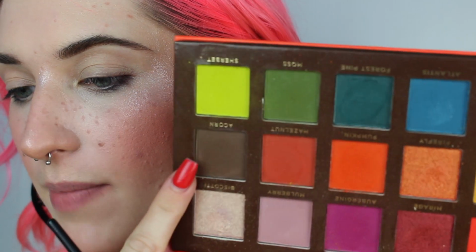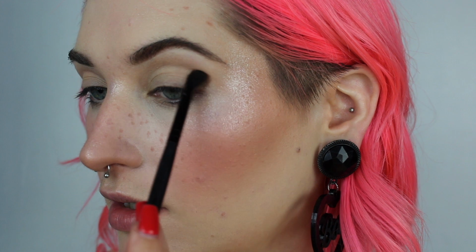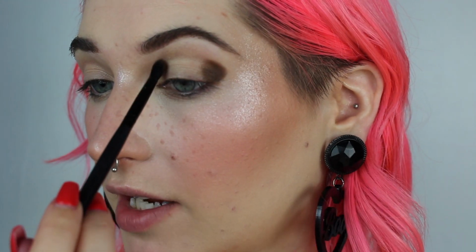And now all of these shades are kind of more like metallic, shimmery, not mattes. So I want to use my Ace Beaute Flair palette to help me out. I'm going to start by putting Acorn all in my crease and in the outer corner to begin to add some depth, and then I'll blend it out with another shade. So I'm just taking a teeny tiny e.l.f. crease brush, and I'm just placing the shade in my crease in my outer corner. Most likely going to try to do a fake cut crease kind of thing just to see how well these shimmery metallics kind of